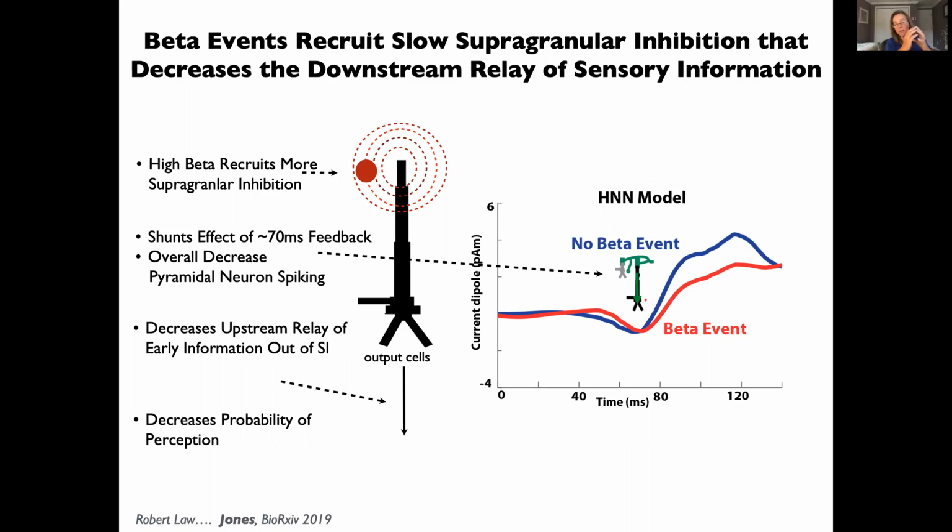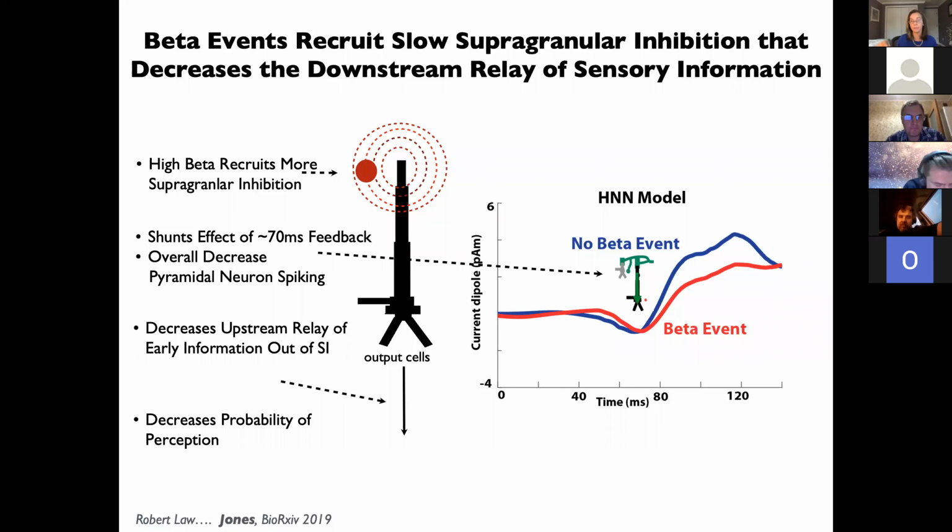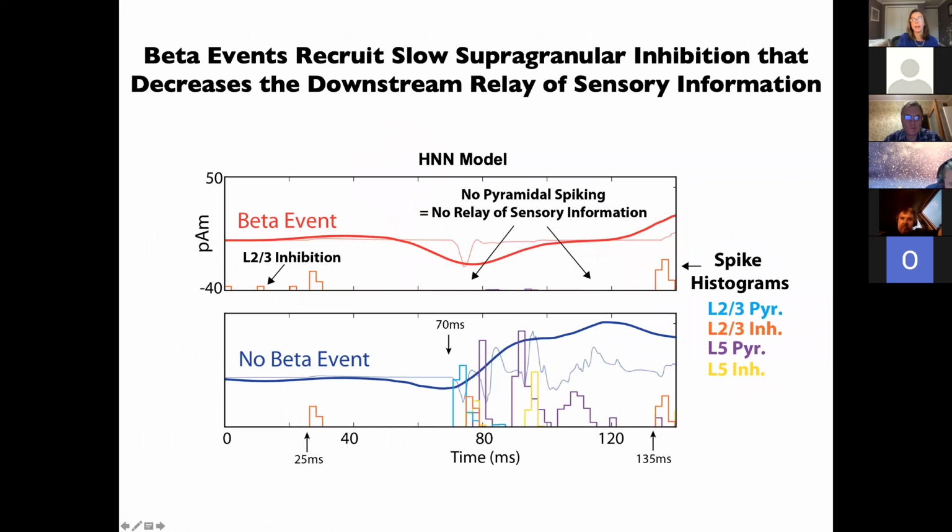When there's a lot of inhibition and you tap the finger, the signal never gets to S1. If the signal doesn't get to S1, it doesn't get out of S1, and then the subject says, I didn't feel it. Just to show you that in a little more detail in the model, what I'm showing you here